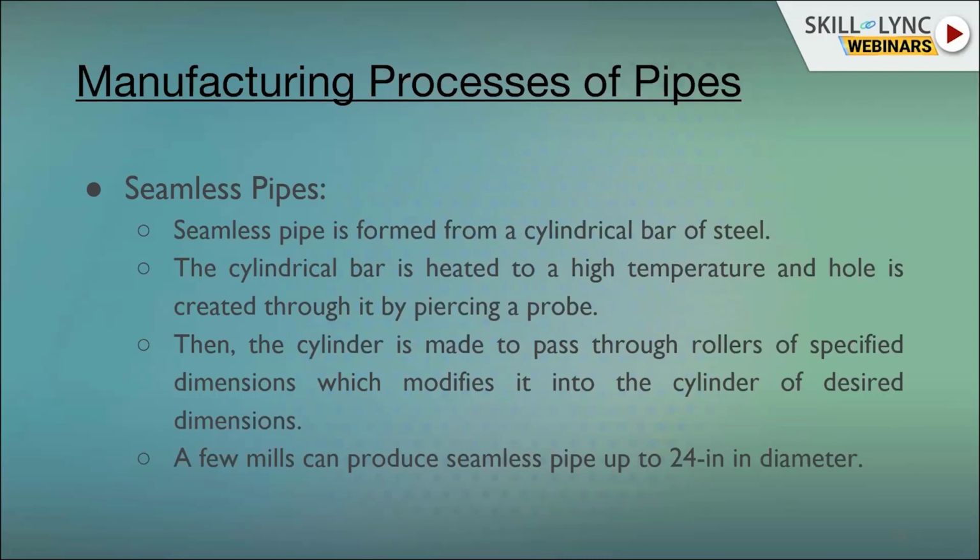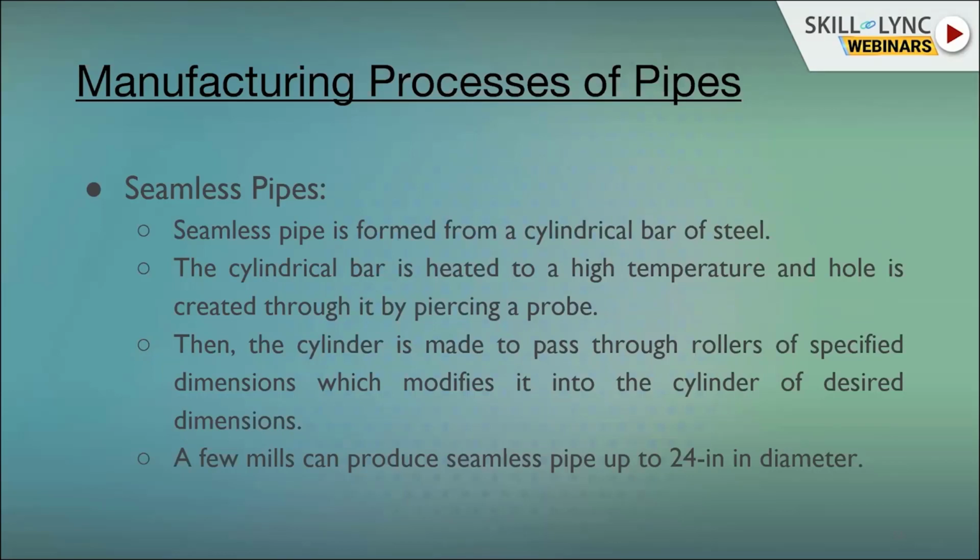For example, if you collect the raw materials from scraps and so on, then you need a furnace to melt all the steel which is used. Then you add the alloying materials, which are used for adding particular chemical properties. Then it is cast into a round bar. That solid round bar is heated to a very high temperature, a red hot condition.